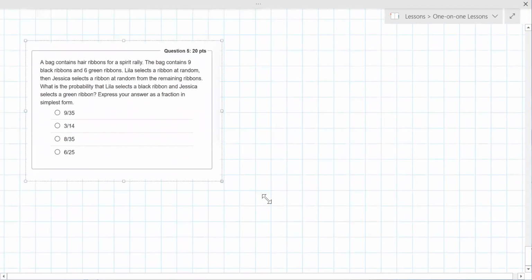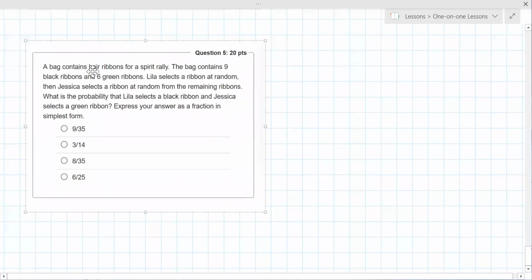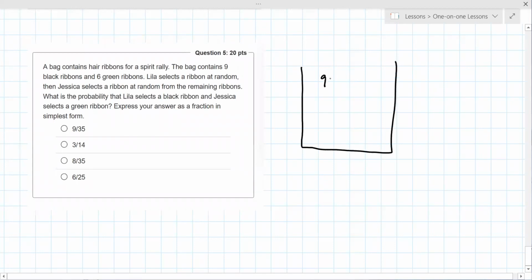Okay. Bag contains hair ribbons. So whenever you have a bag, I like drawing a little bag. And I like to write the numbers like 9B for black, 6 green, like that. We're extracting all the information, putting it over there into a picture. It's much clearer. What's the probability of a black,